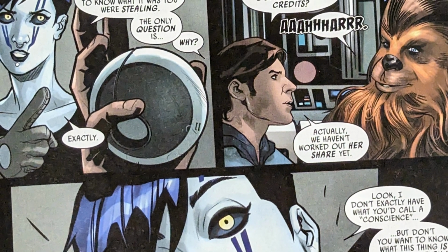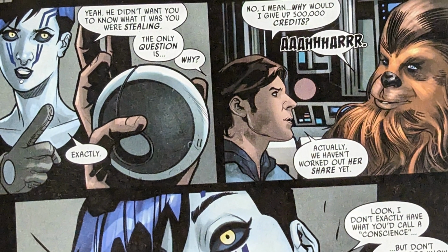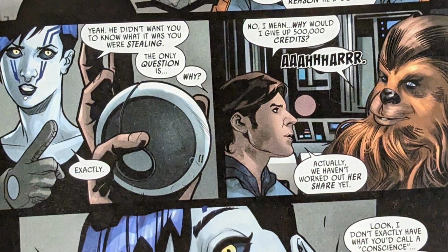So they go to an informant that they know that Lando has had contact with, and it's actually Sava from the Lando miniseries back in 2015. So of course, around the Charles Soule universe, as we always do, he brings different things from Darth Vader, from Poe Dameron, all these different things, Rise of Kylo Ren, and we got a nice little connection here because this character here, this little Ugnaught Sava, little kind